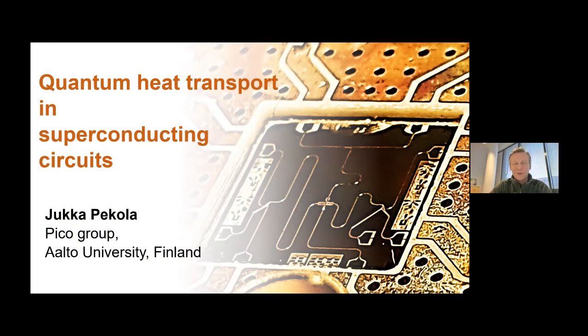So I'm going to talk about work done at Aalto University here in Finland. It's mainly experimental work on heat transport in superconducting circuits, and it is done in my research group, which is part of the Center of Excellence here in Finland, which is a program which is running here for 8 years, and it consists of 11